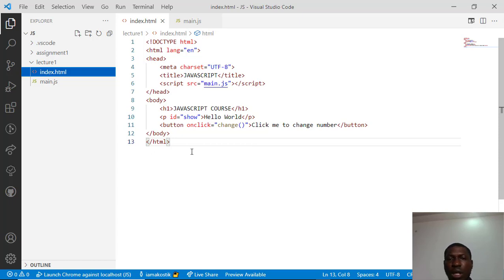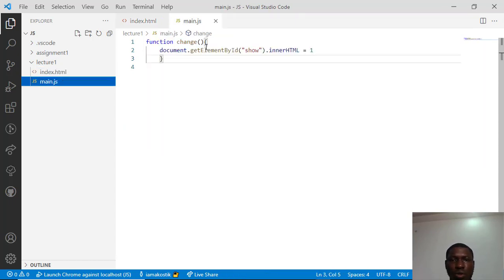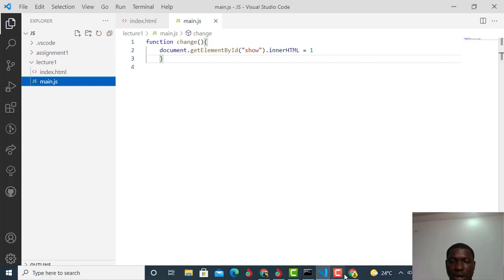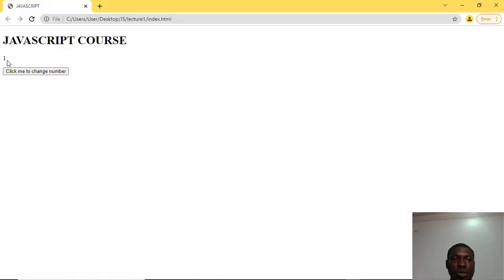I'm going to put a link to the GitHub repository for this course, and you have lecture 1 and you have the index and the main.js. What you need to do is modify this code a little so that whenever you click on the button right here, this number is going to keep increasing. So when I click on the button again, I need to see 2, click on it, 3, click on it, and it will keep increasing like that.